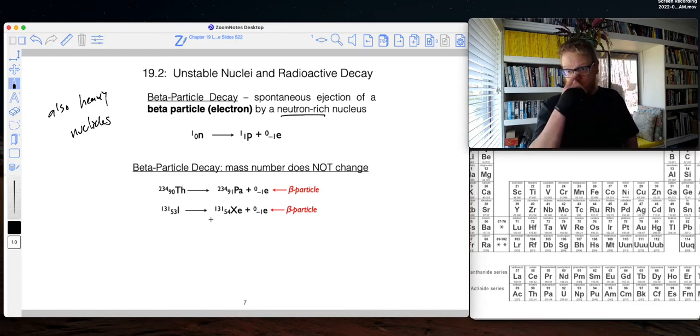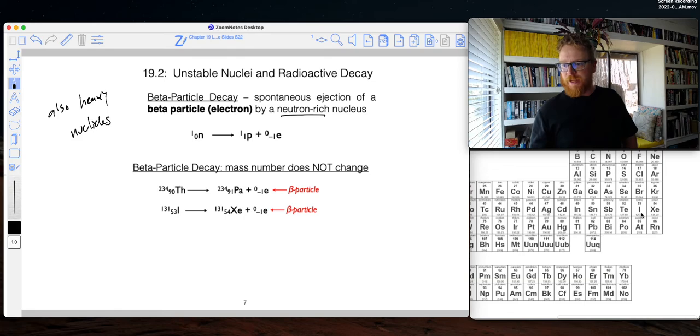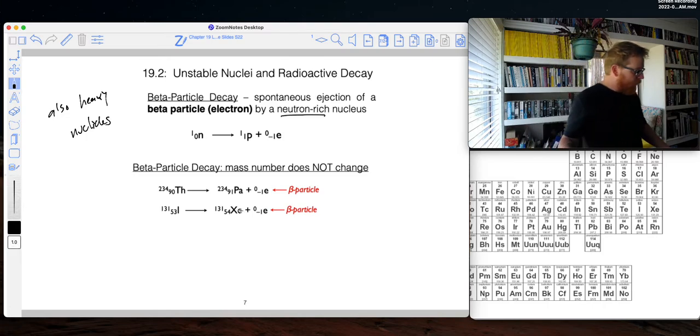Another nuclide that's known to undergo beta decay, iodine-131. And so if we find iodine on here, that's way over here, element number 53. So you can see it's going to gain an extra proton, so it's going to become element 54. There it is, element 54, which is xenon. Okay? So there's another one that we showed earlier, which was